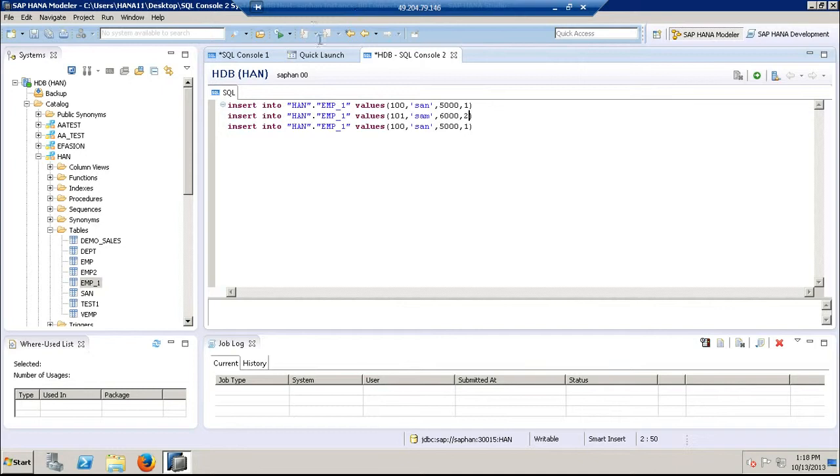And for the third row, let us assume employee ID be 102 and his name is Ram, and his salary be same 5,000, and let us assume he works for department number